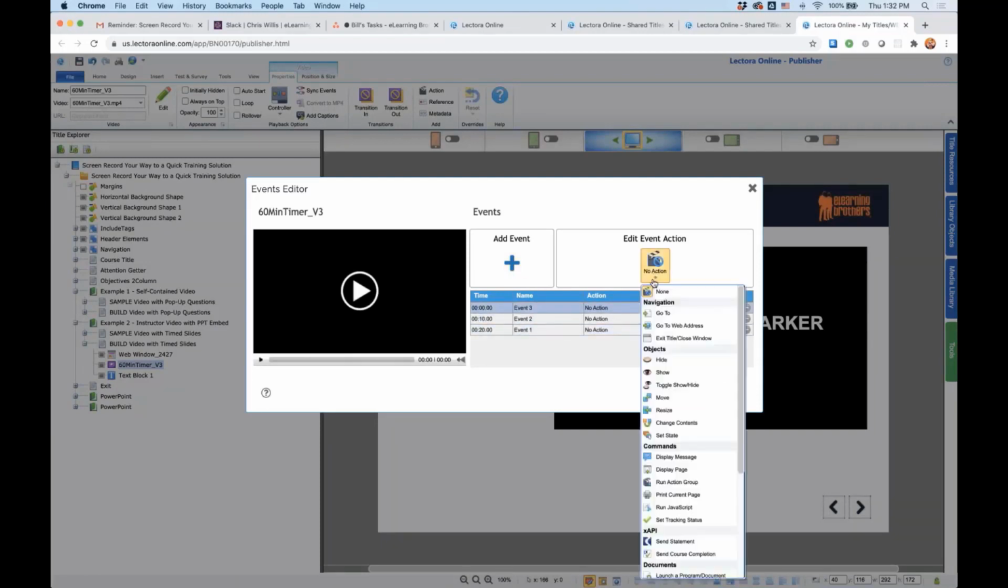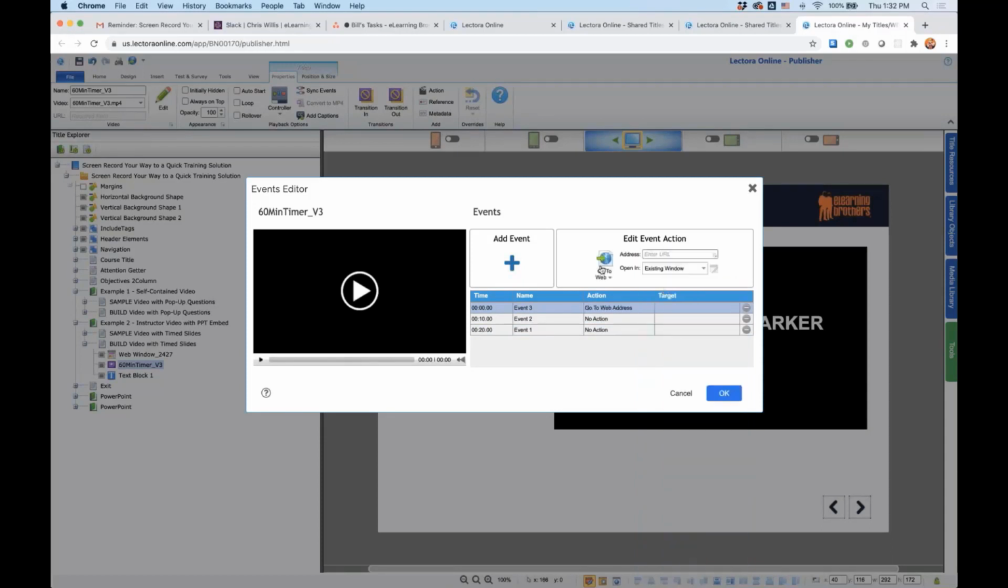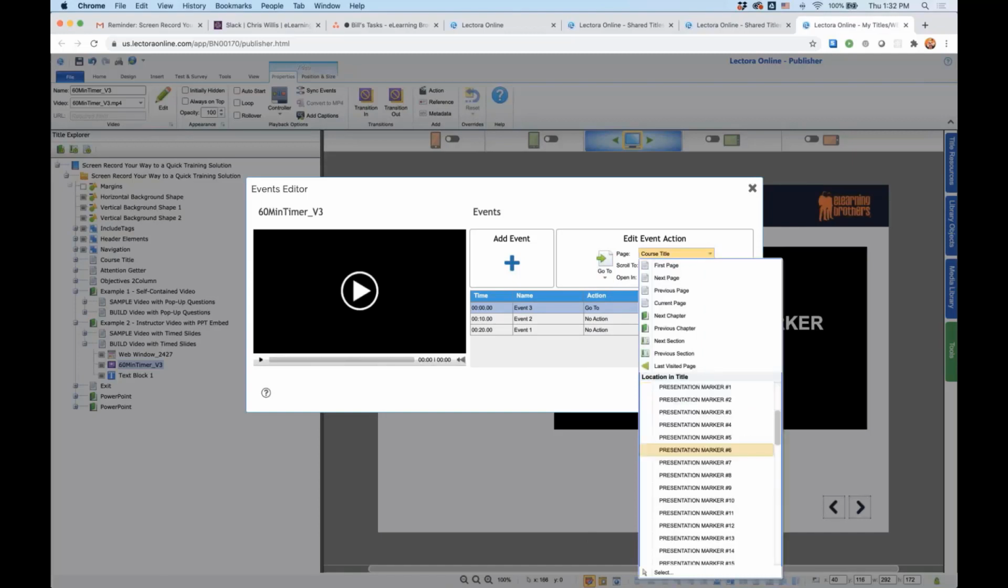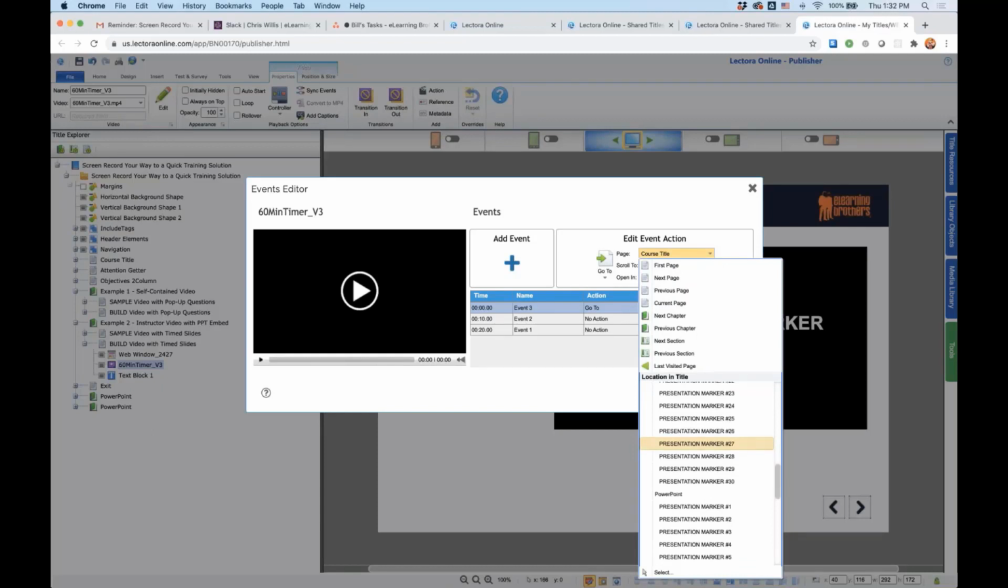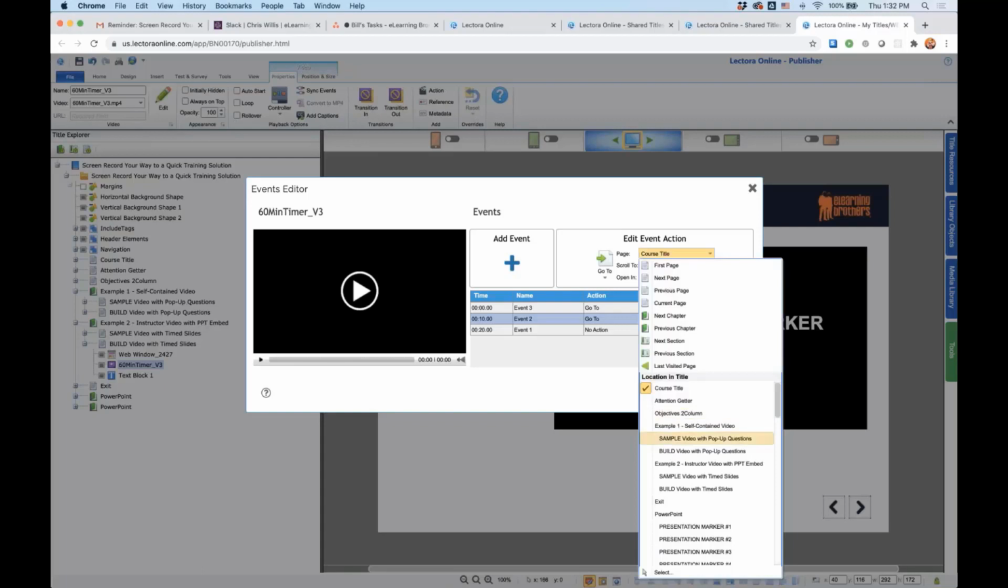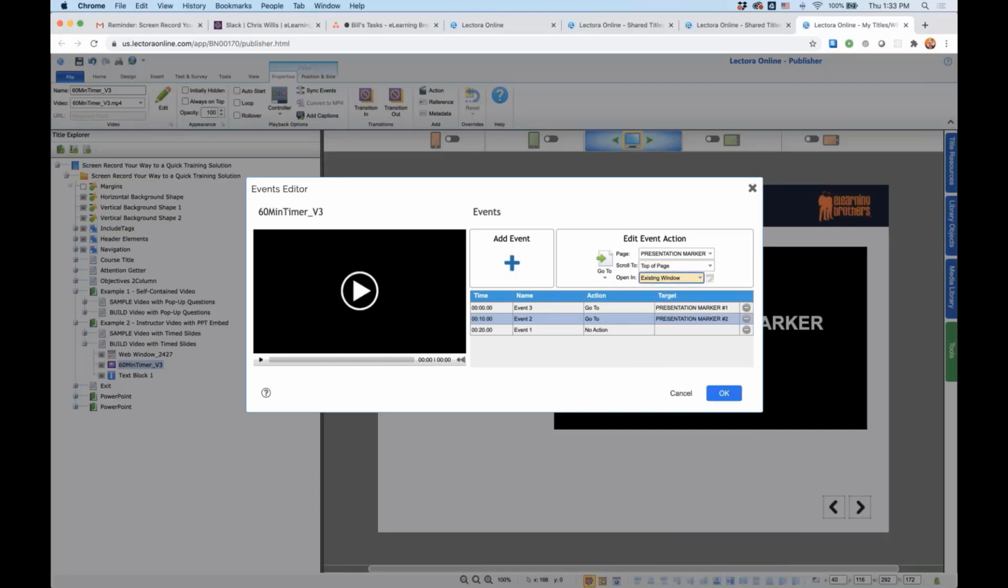We're going to do a go to. And that page that we're going to go to is going to be a page in our PowerPoint presentation that we just brought in, right? So at 0 seconds, I'm going to go to presentation marker 1, top of the page, existing window. And then similarly, at 10 seconds, I'm going to go to presentation marker number 2, top of the page, existing window. Except that's not true. I want to set that to my web window. And so we're going to go to a page, pick my presentation marker number 3, top of page, web window,